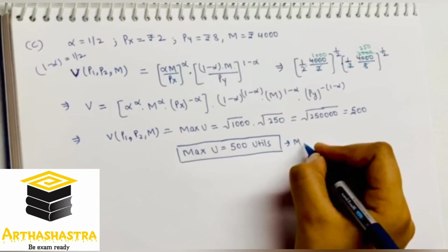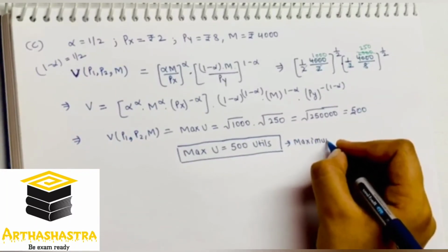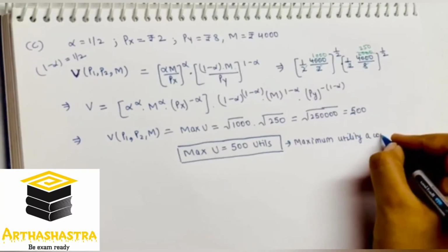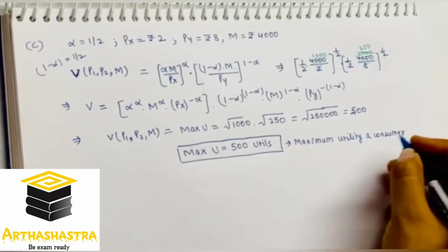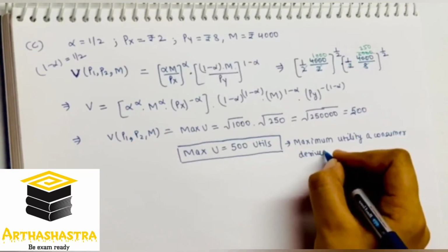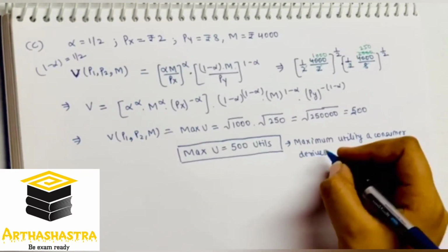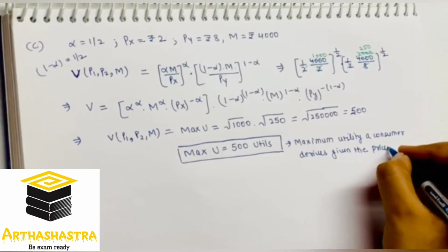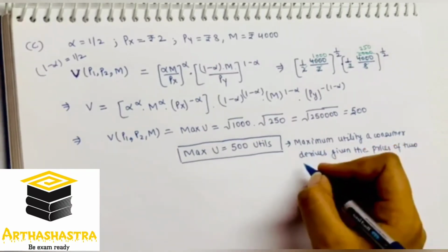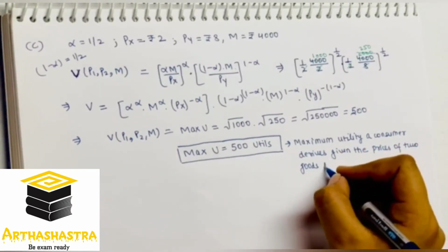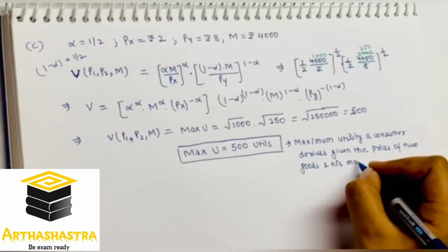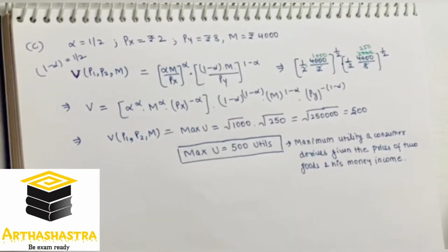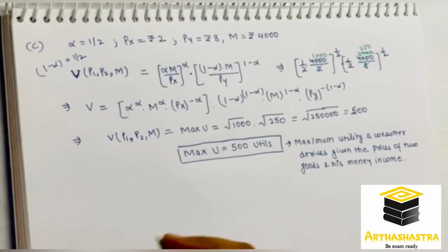This is the maximum utility a consumer derives given the prices of two goods and his money income. Okay, in the next part we are asked to find out the